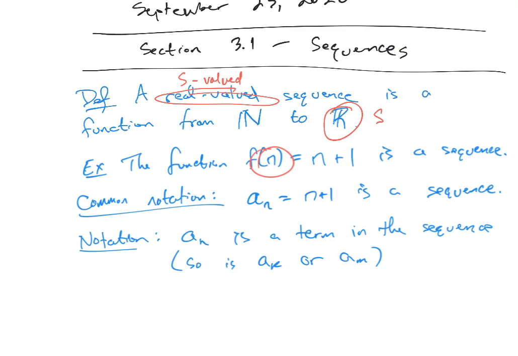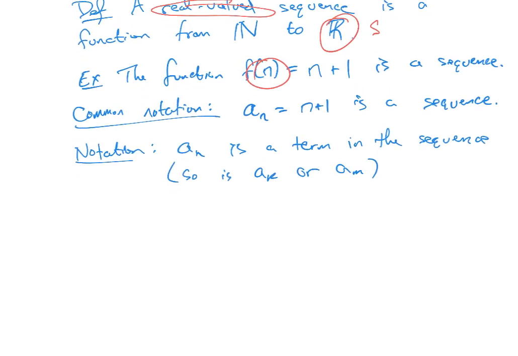And that n is just a dummy variable. So a sub k or a sub m would also just be terms in the sequence. If we want to talk about the sequence itself,